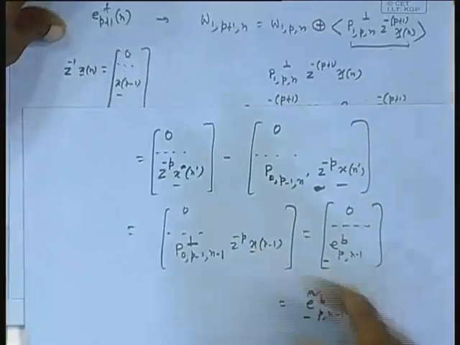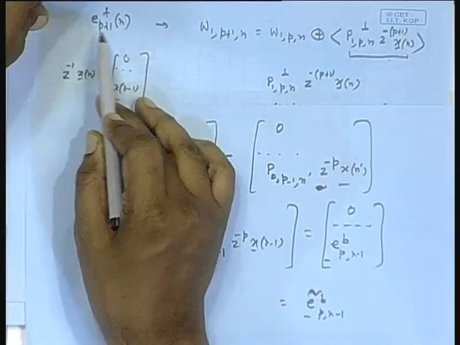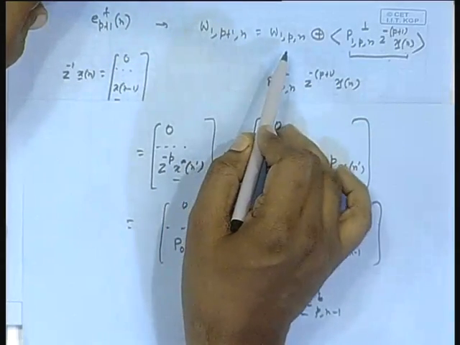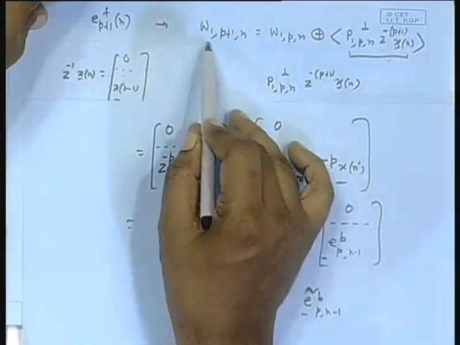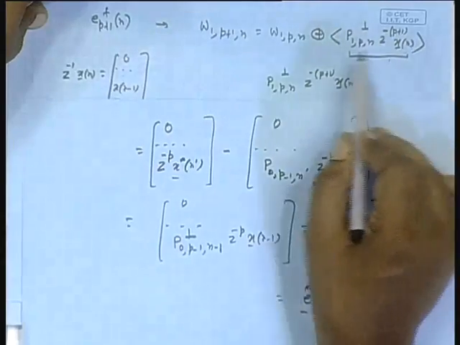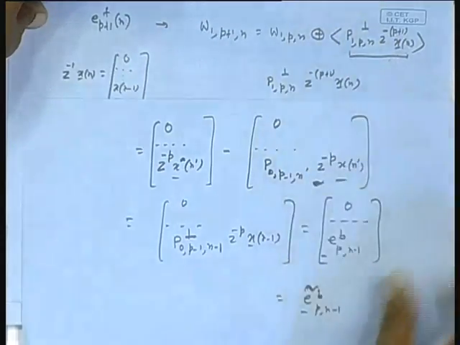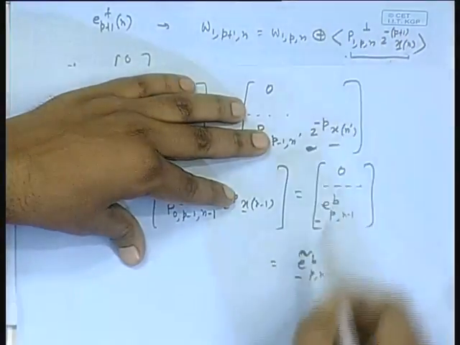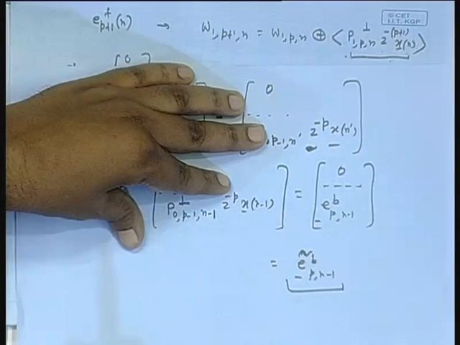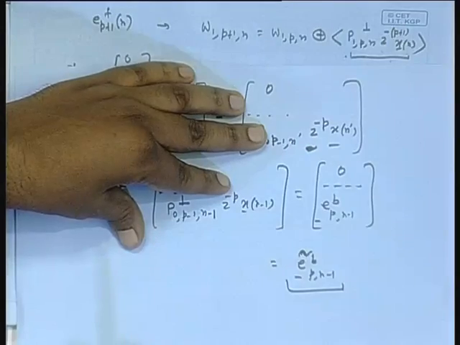So, let us come back here. We have to find out this p plus 1th order forward projection error vector. So, this overall subspace was decomposed like this. W 1 p plus 1 n means W 1 p n and the last guy, this fellow, was projected orthogonally taking the error, but that error is this. So, that means I can now easily derive